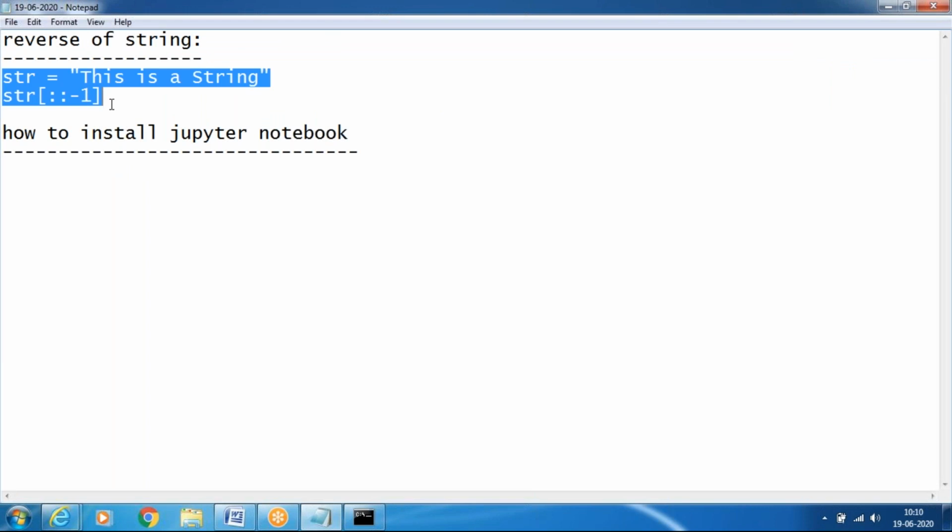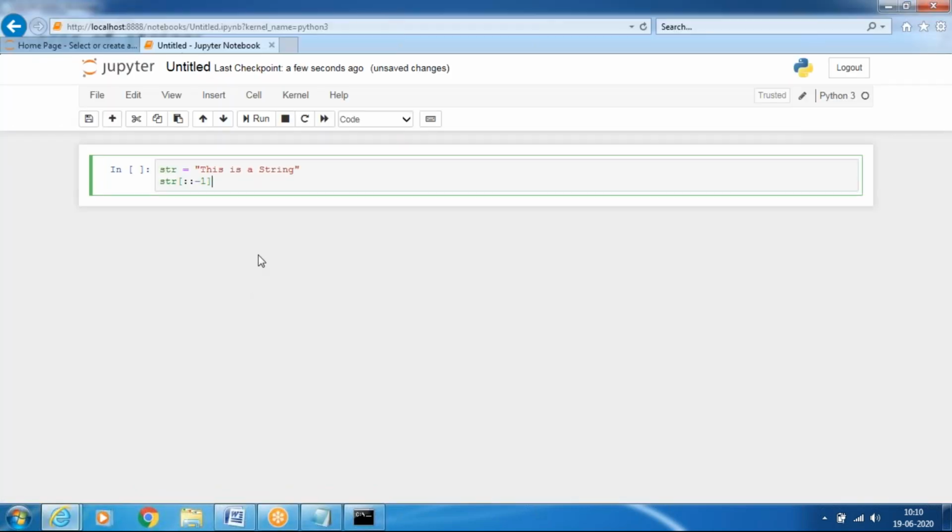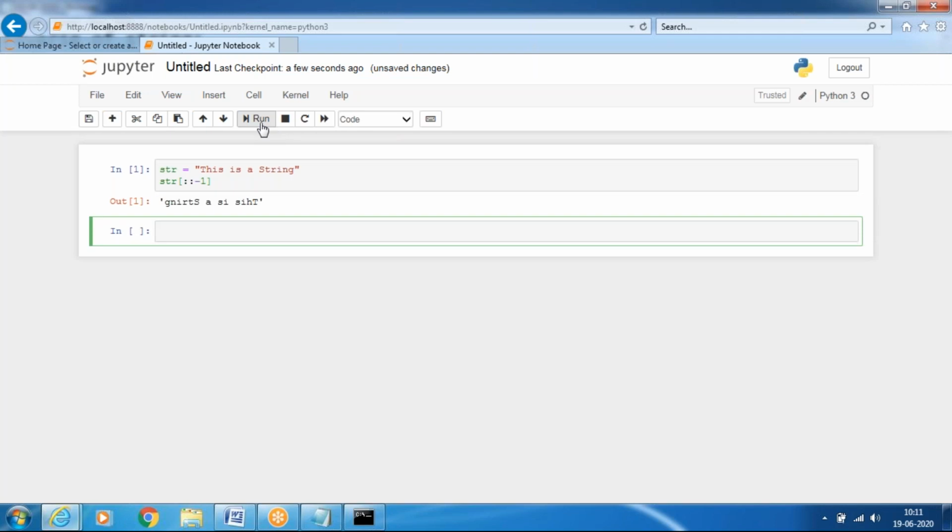This is the code. I will paste it with Control V and run this code. Here the run button is there. So it will give the reverse of the string.